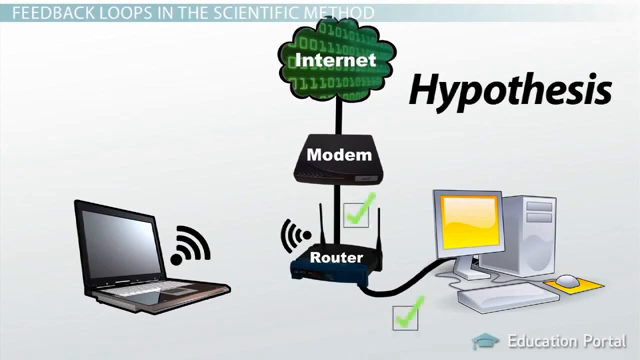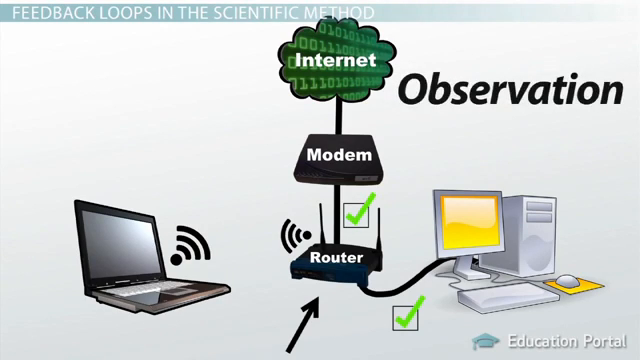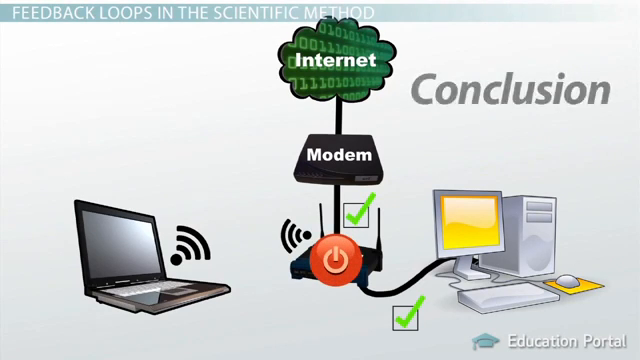If both my internet cords are properly plugged in, then there must be a problem with the router. My experiment was to check both cords and the router. My observation was that both cords were plugged in and that the router was off. I analyzed the evidence, and my conclusion was that I couldn't connect to the internet because my router